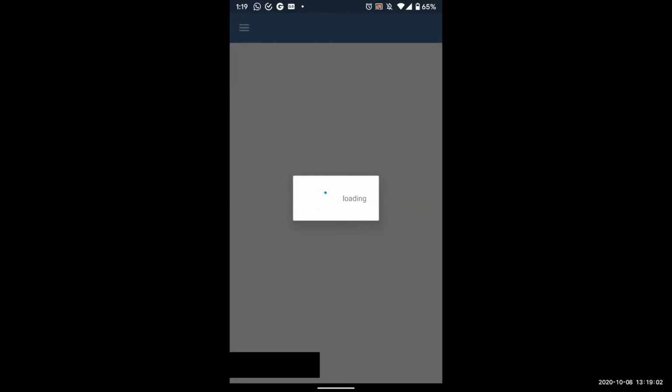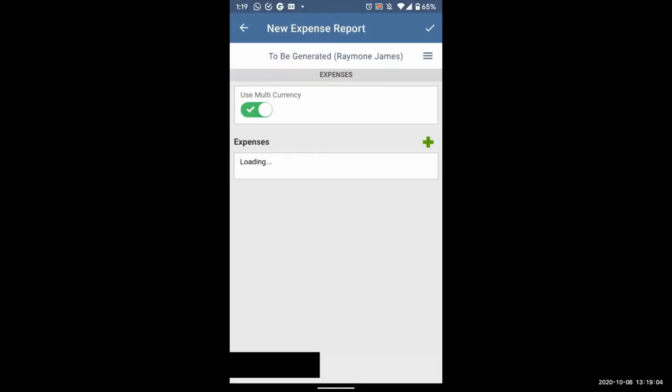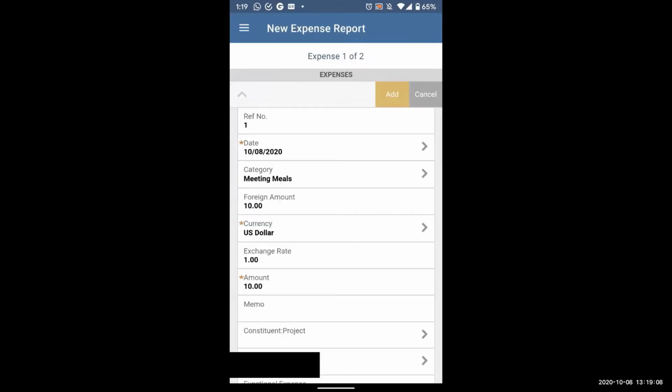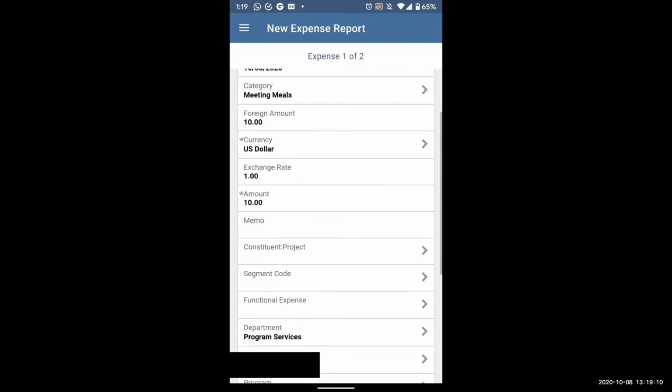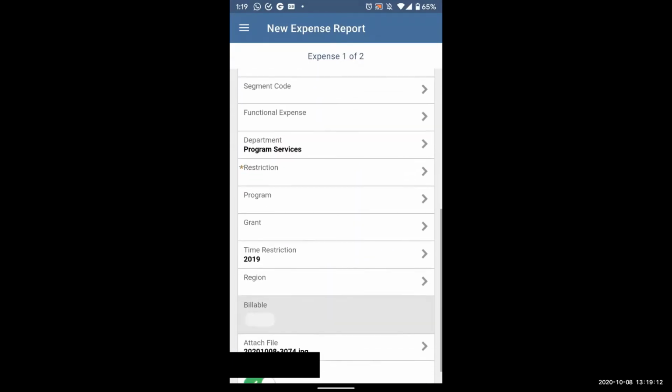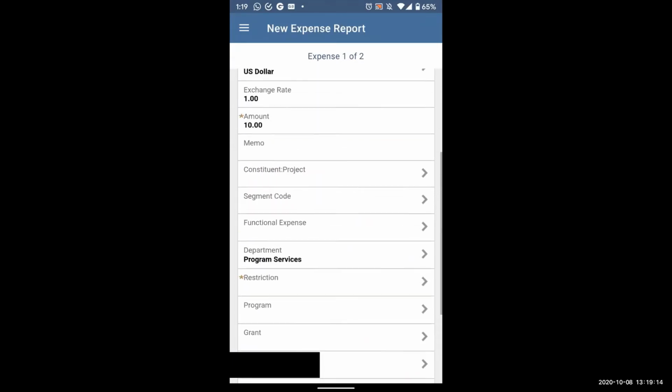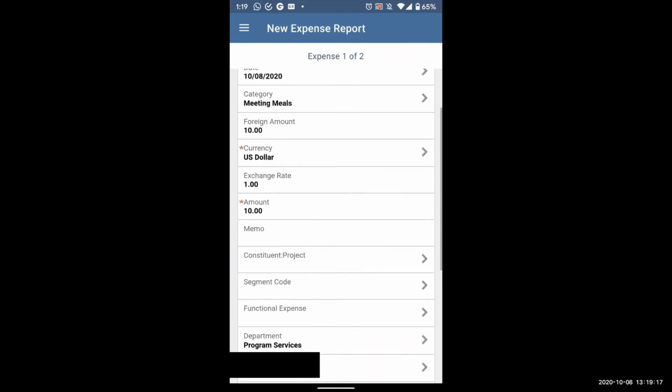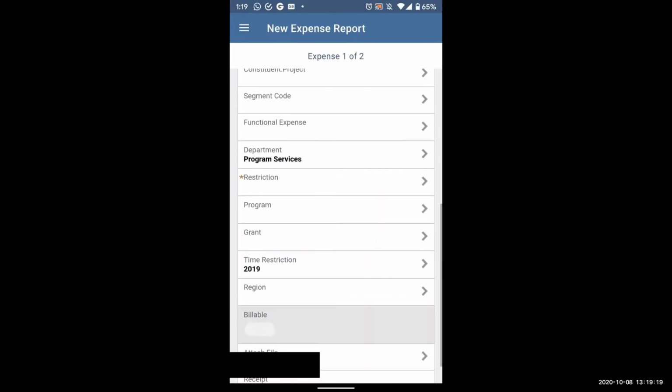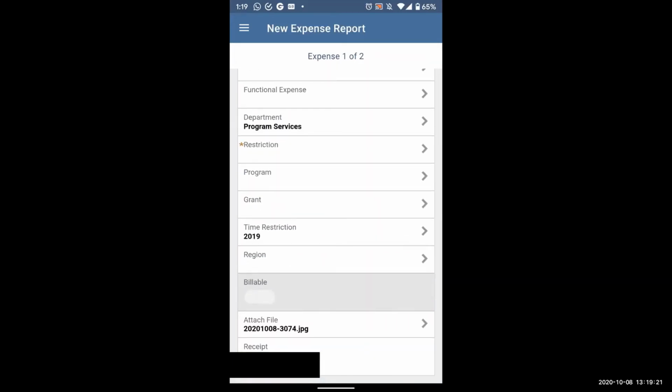Takes a little bit to load. And so I can see here my header, my categories. If any field is mandatory, it will be marked by a star. So in this form, I have a, oh,